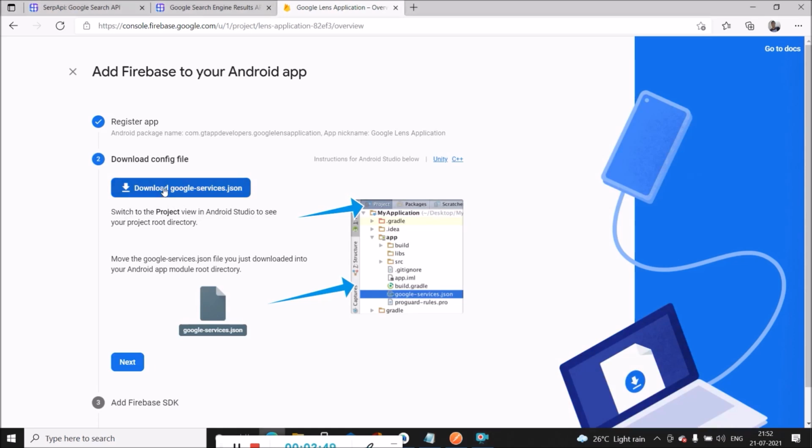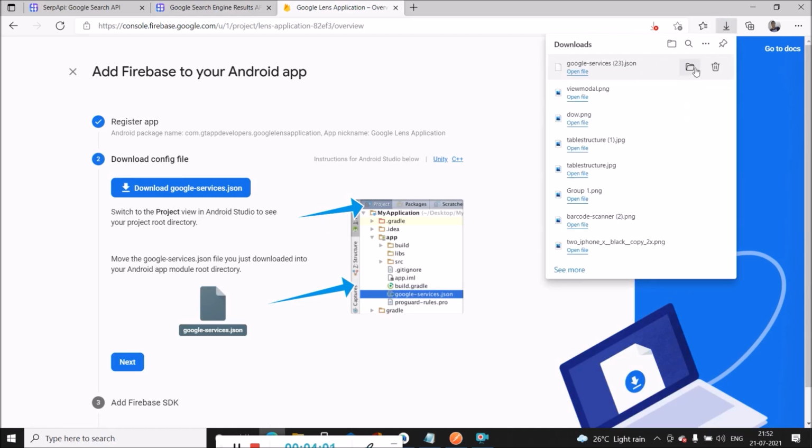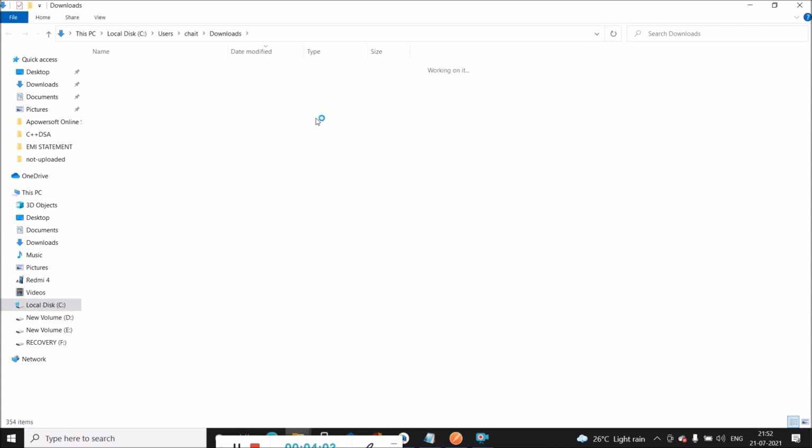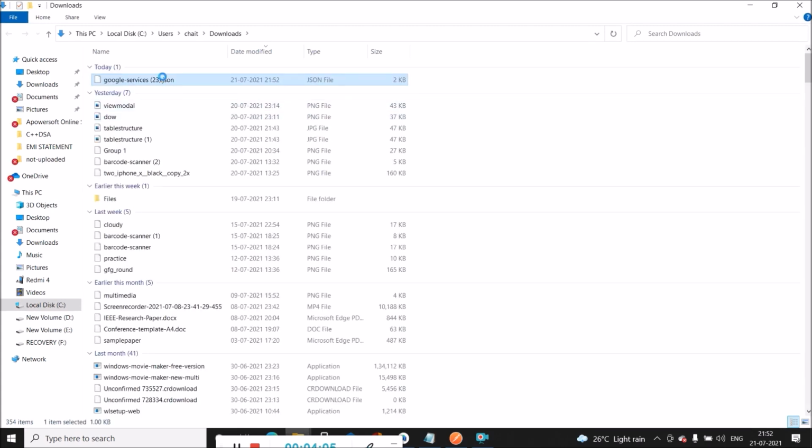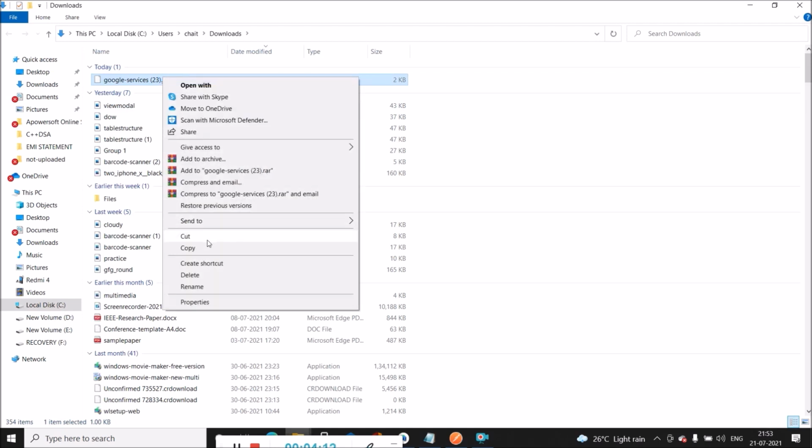Then we have to download the google-services.json file. Now once the file has been downloaded, we will simply copy this file and paste it inside our Android Studio project.